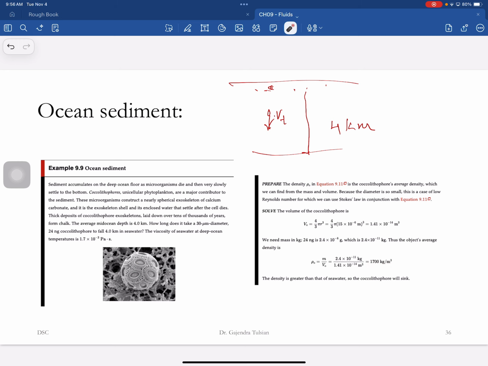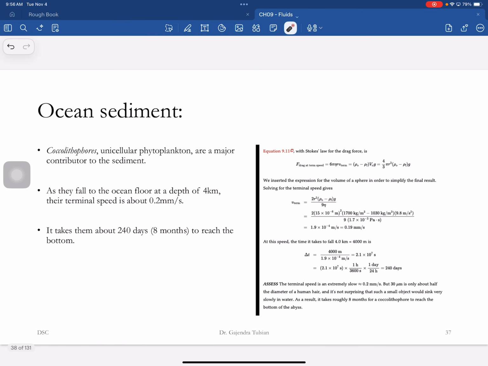And the density of the ocean water is about 1030 kg per meter cubed. So their density is greater than that, so they'll sink, obviously. And the drag force is equal to that difference. These guys are small, so the drag force is that formula. The drag force is mainly a viscous force. And so using that, you can calculate the terminal speed, and the terminal speed works out to